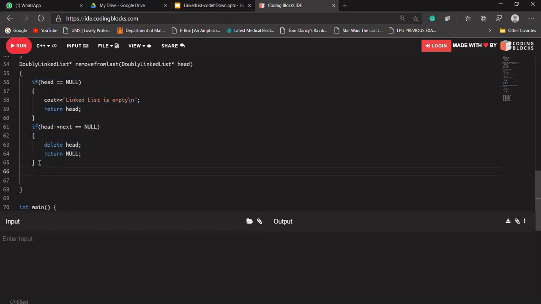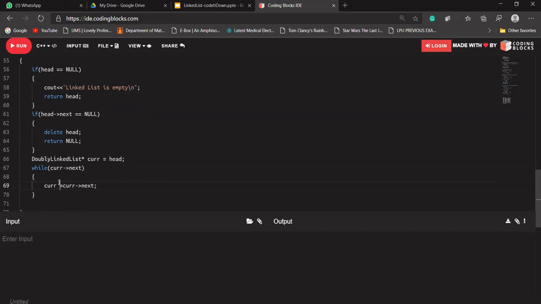So now, if we come here, this means that there are more than one nodes. So what we'll do, we'll create a current pointer here that in the starting will be pointing to the head node. I should be moving my current pointer until its next is not null, that is, current is equal to current's next. I think we have already discussed it in our previous classes.